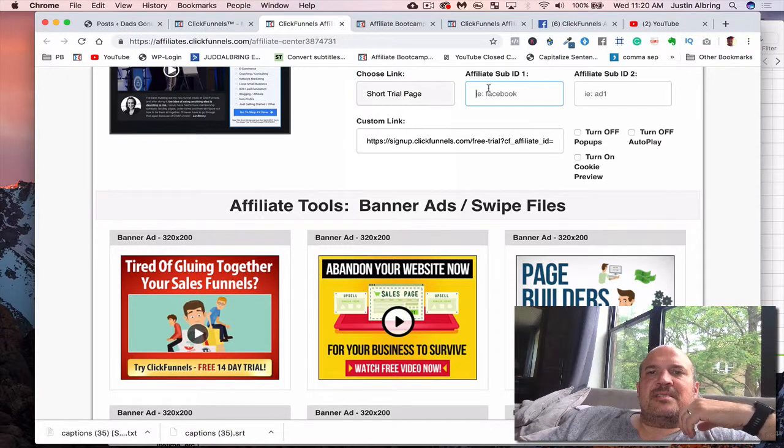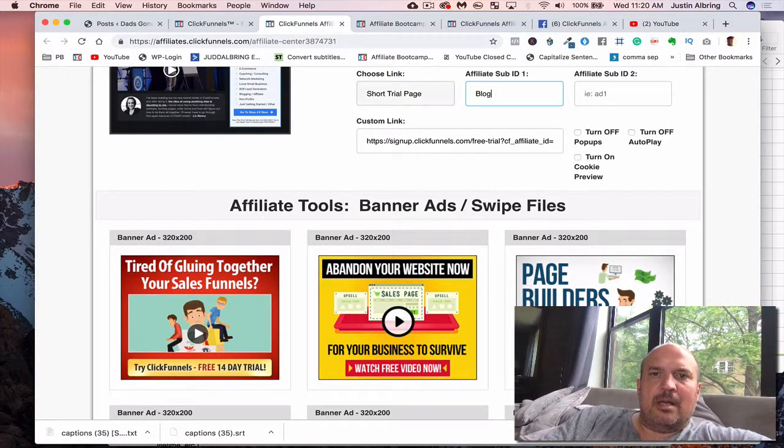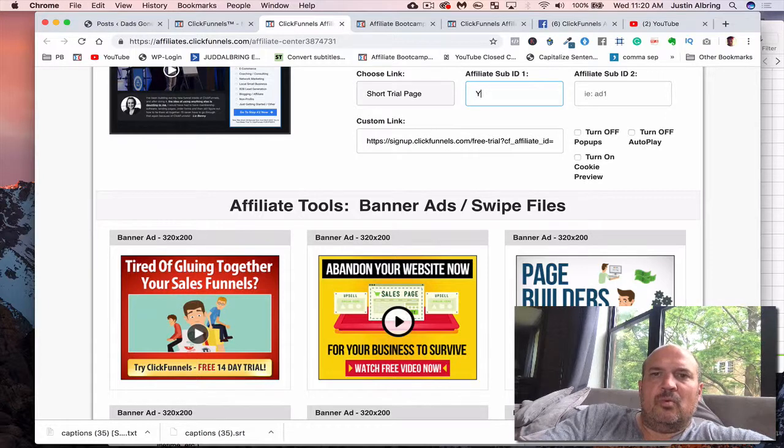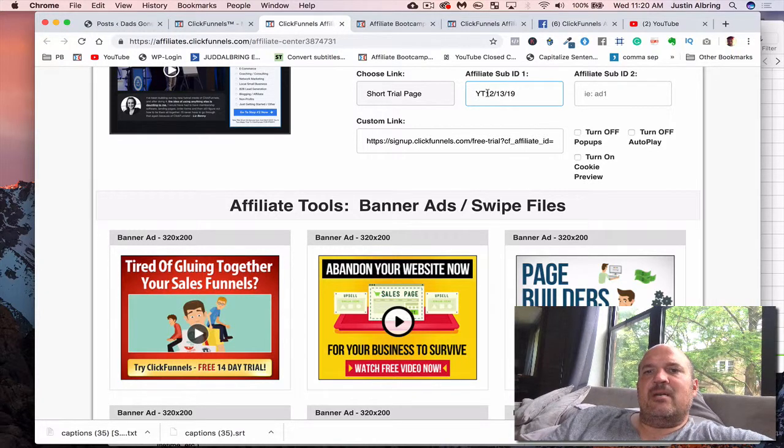Then under the affiliate sub ID is where I might put blog post, and then I might put the date, or what it's about, like free trial. It's already going to auto-populate it under here in the custom link, and then I would just copy and paste that link. Most of the time I'm just doing something like blog post, or I might do YT for YouTube video, and then I'd put in the date. Okay, so I know that the YouTube video I made on 12/13/19,